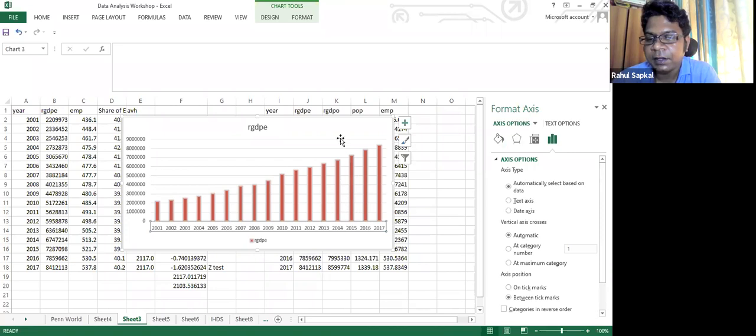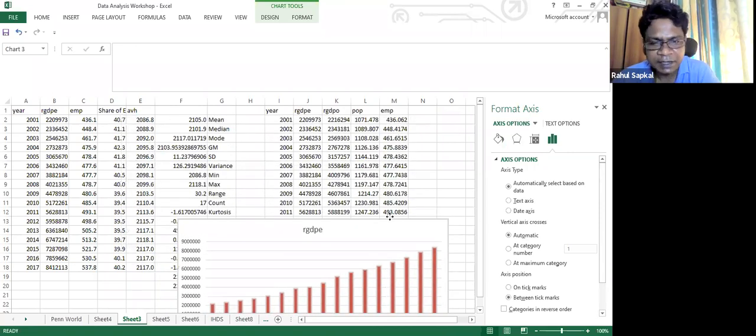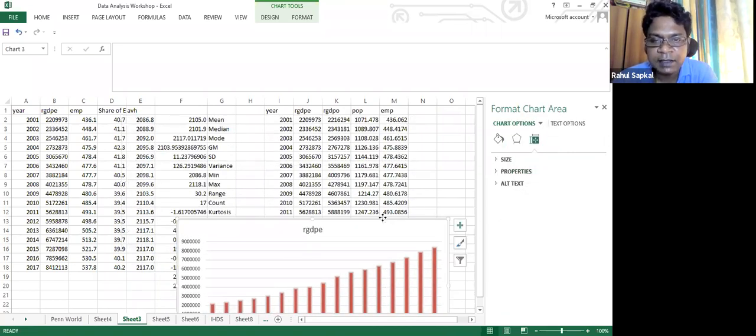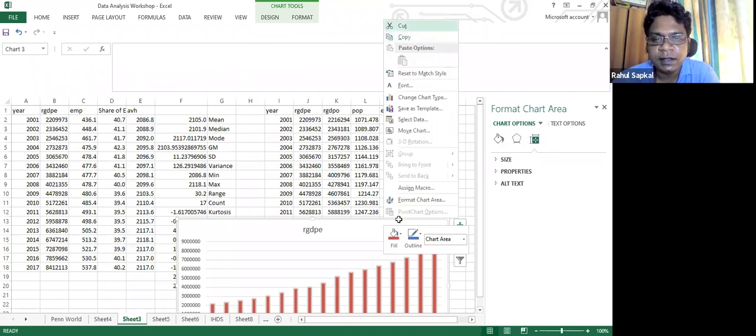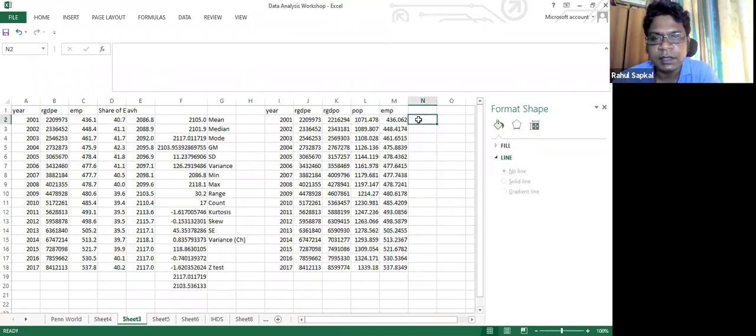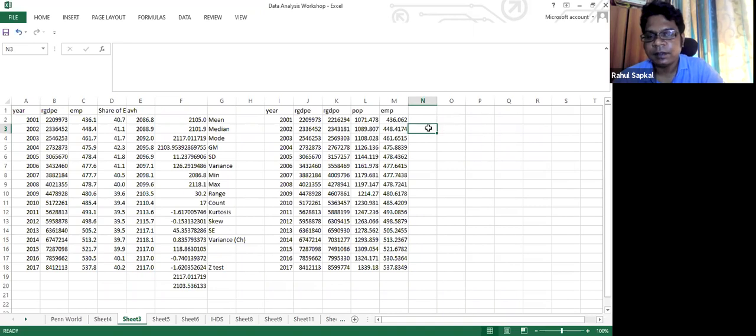This is the way you can find out the histogram, the basic way. I'm just going to delete it because we will now be focusing on the main topic. So the first one, I'm interested to know what is the average GDP of the sample, so average income. The manual way is to take the sum of all GDP. I will take the sum.